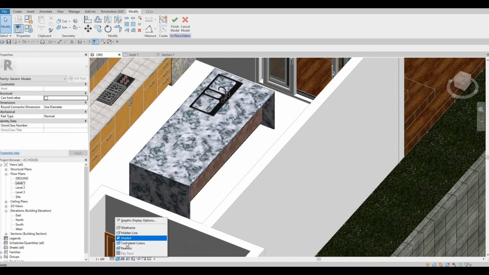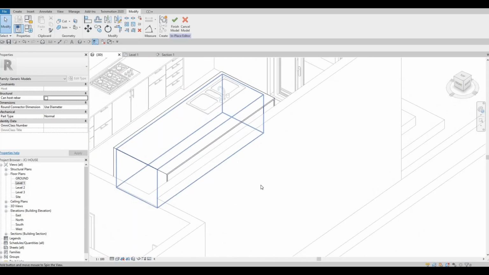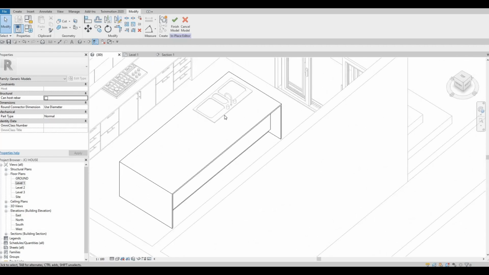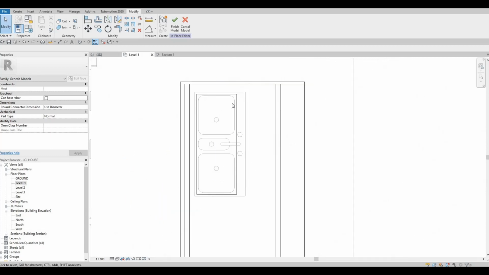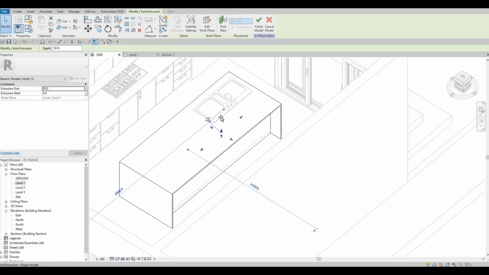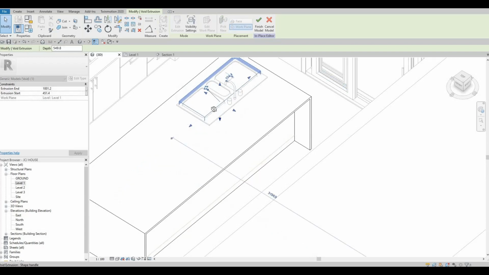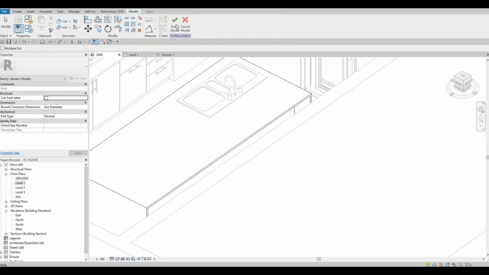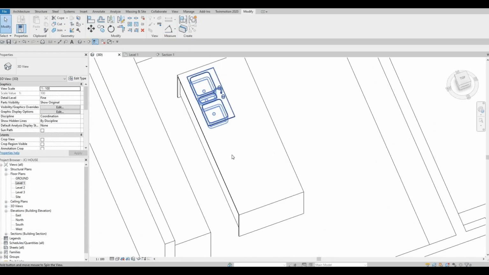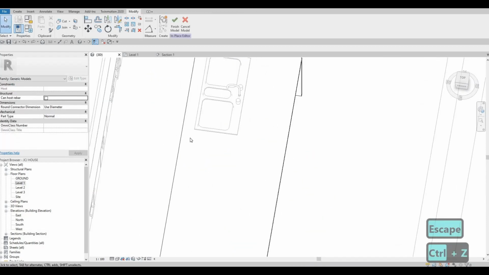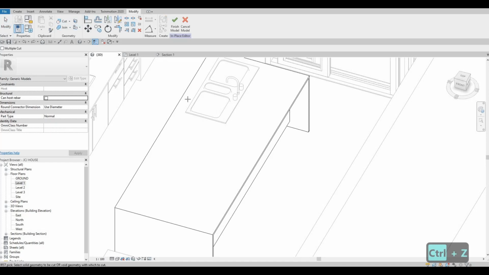So here I'm just going to change this to hidden. We need to see where the void form is. And then selecting that, let's just move this one like that. I believe that's more than enough. And then now we need to cut geometry and then click finish. And then here, see here, we need to actually, before we cut geometry, we need to select